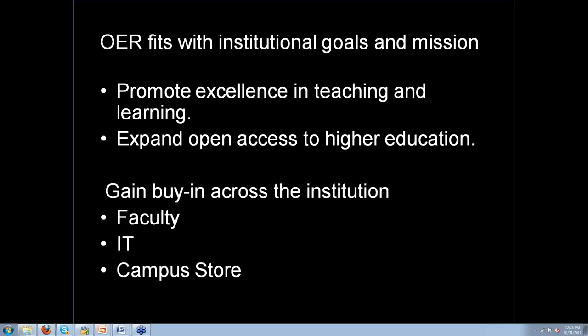They're going to perform better in class. They're going to be more highly motivated. They're going to respond better to your teaching, and they're going to be more likely to succeed. That's an argument that a lot of the faculty can easily respond to. At the same time, you've got the whole institutional context beyond the faculty.